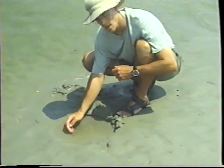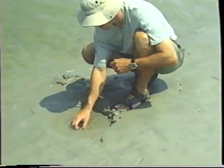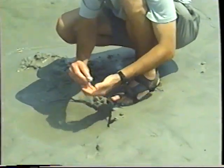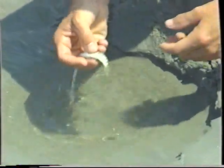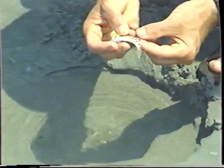I'm going to get a male out of this little hole that we've caught with our throw net. We're going to get him out here. And there's the male killifish. As you can see, he has extremely bright anal fins and pectoral fins, as well as adipose fins, the little fins in between. And he's got a very bright orange tipped tail. He's also got an extremely dark black spot on the lower back portion of his dorsal